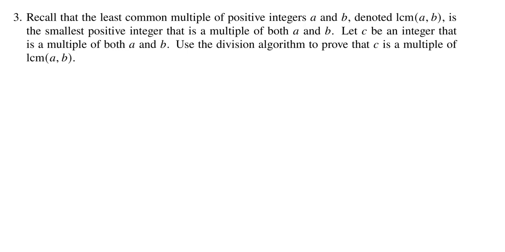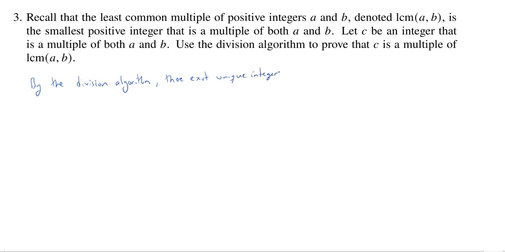Okay, and again, the problem tells us we should be using the division algorithm, and who are we to argue? All right, so by the division algorithm, there exist unique integers. Okay, we won't really have much use for the uniqueness here, but it's true anyway. There exist unique integers q and r